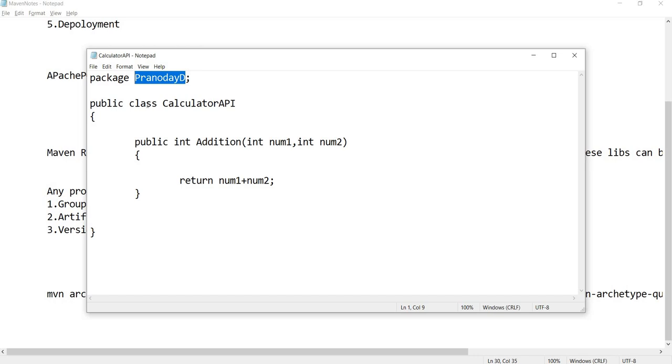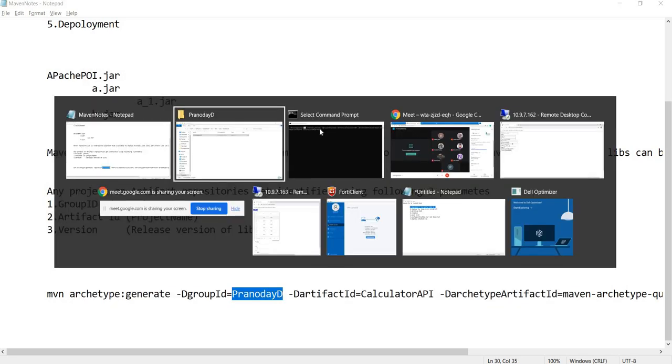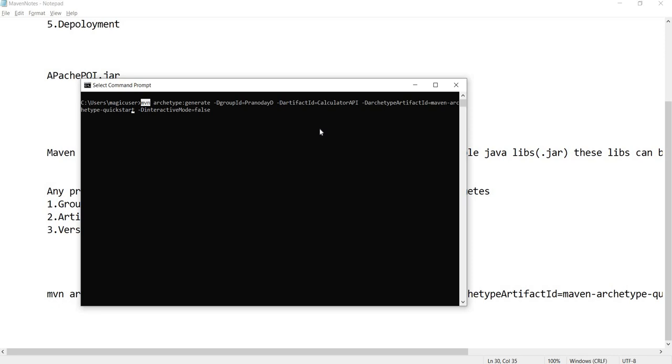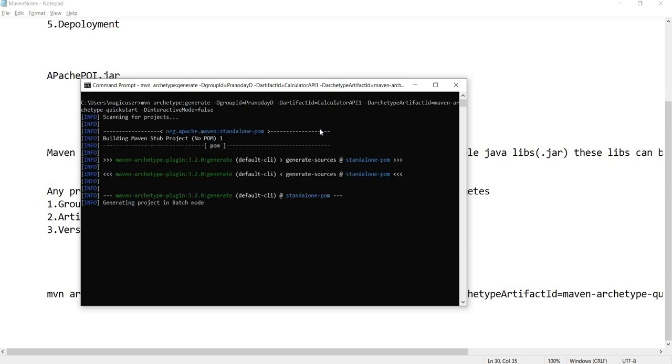So this is the package, this is a class, and this is a template directory. I'll show you the template one. So let me create it, because I have not created the project that I had just showed you. It was created some two-three days back, but I'll create it again. So I'm creating the project and then I'll again show you.